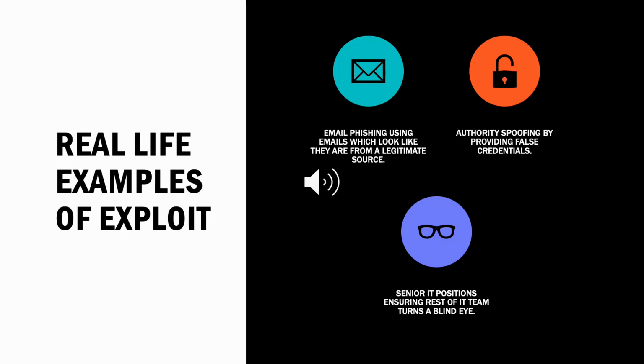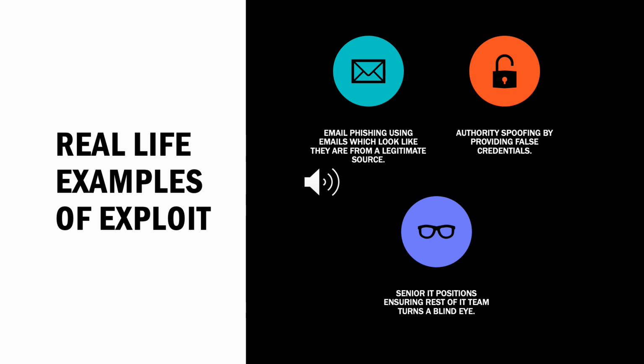This slide here just lays out several of the real examples of this authority bias being exploited, and it's through email phishing, which appears to be from a legitimate source, authority spoofing, trying to provide credentials that, while they aren't real, attempt to convey a position of authority, maybe IT or management, but also abusing authority to the detriment of those underneath. And in that way, if you have somebody who's an insider threat or has their own personal reasons for pushing something, you can have somebody who's not really critically thinking about what the reasoning might be behind an